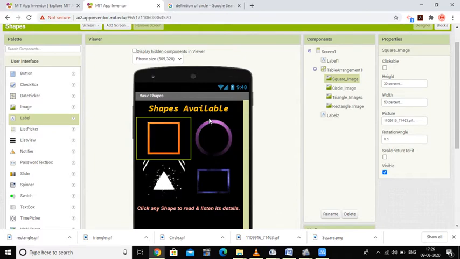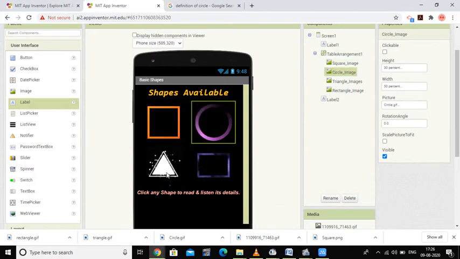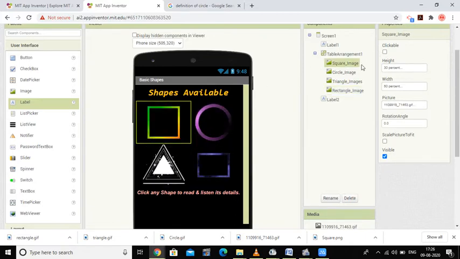The first and foremost important thing is that this is your first screen and you have 4 images here. Any user who clicks any of these shapes will see the details of that shape. When I select the first image, the square, there is a Clickable property.